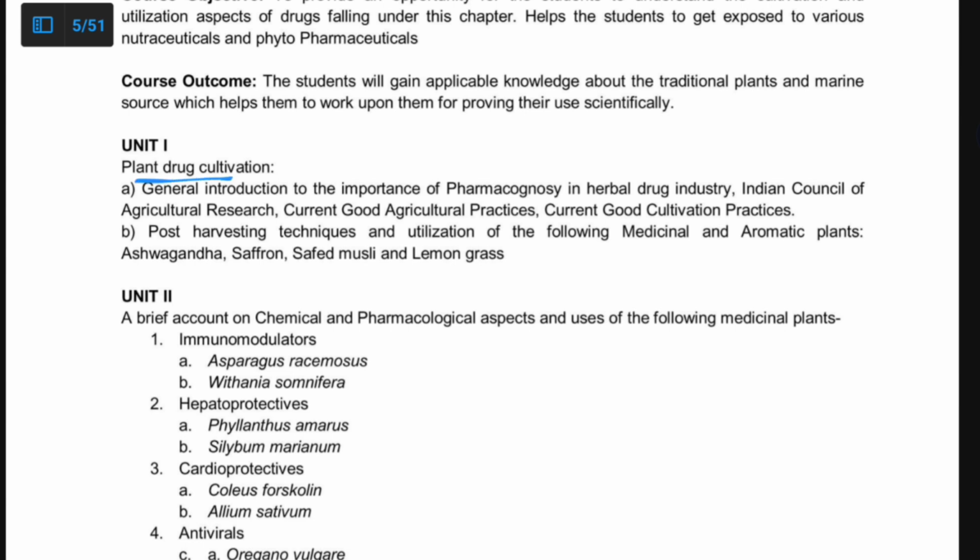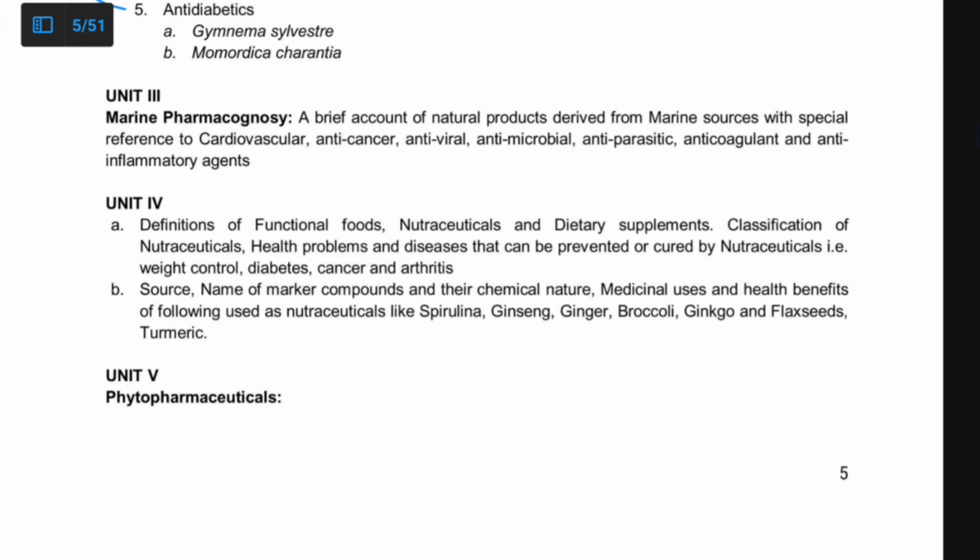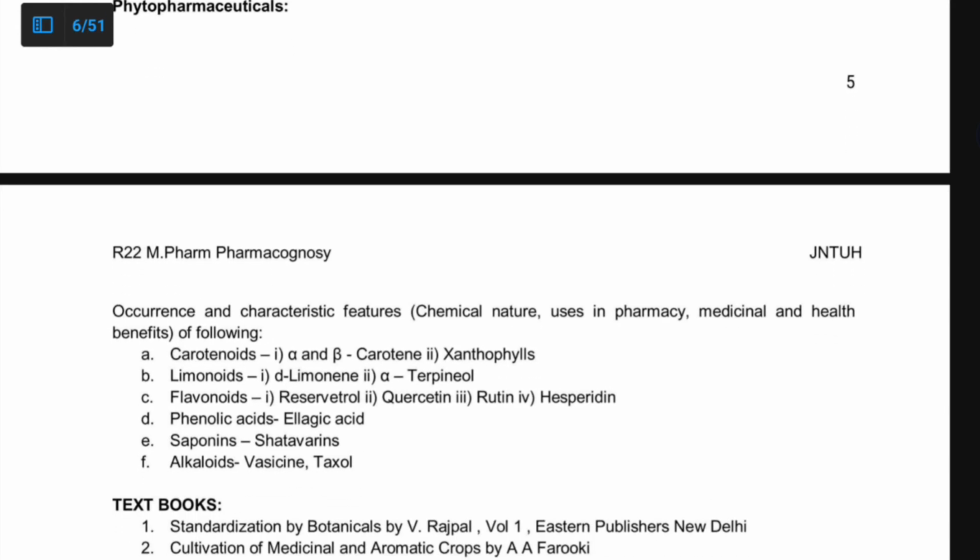In this, plant drug cultivation, general introduction to the importance of pharmacognosy and post harvesting techniques and utilization of the following medicinal aromatic plants, chemical and pharmacological aspects of these categories of drugs, and marine pharmacognosy, new definitions of functional food and nutraceuticals, source names, marker compounds, phytopharmaceuticals